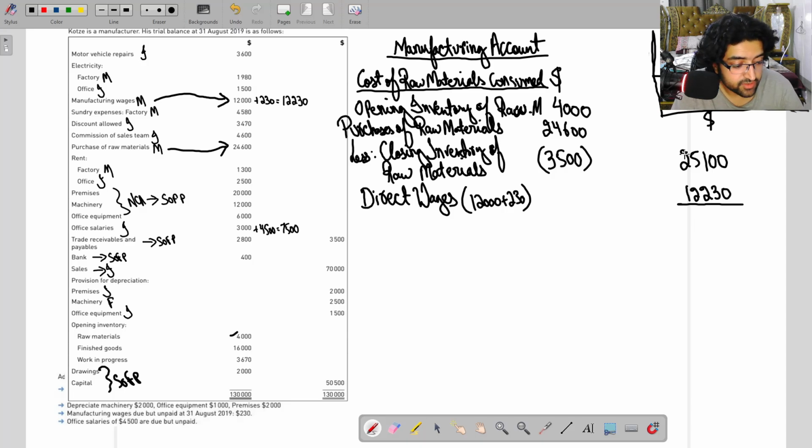Let's use our calculators quickly. We are getting 25,100 plus 12,230. So 37,330. What should I call it? I will call it prime cost. It's a very important heading. This is all your direct expenses combined. In this case, we had just two: cost of raw materials and direct wages. Okay. Once you have prime cost, you will write down the next heading, which is add